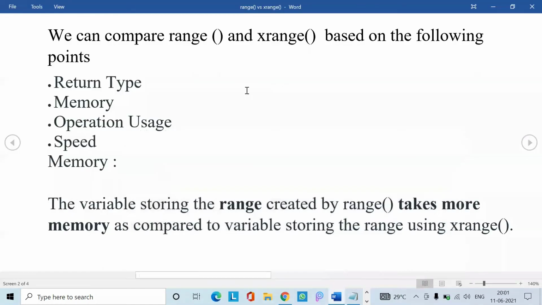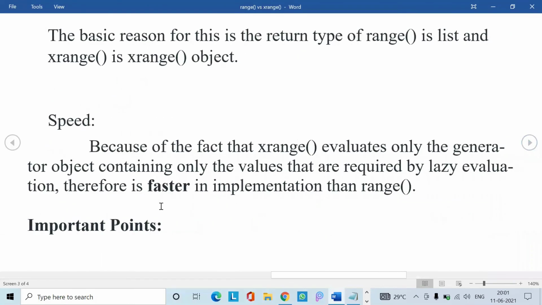Okay, this is a difference of operation usages. xrange does not allow us to slice our list or access our values individually, whereas the range function allows us to access the values individually. And speed: the range function is very fast in implementation when compared to xrange.